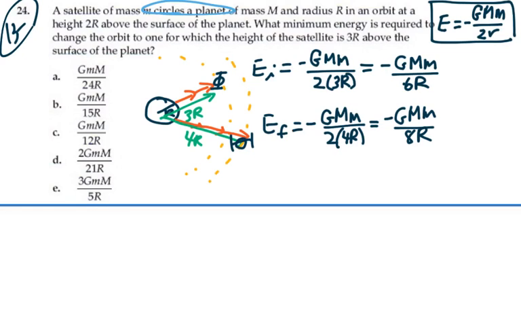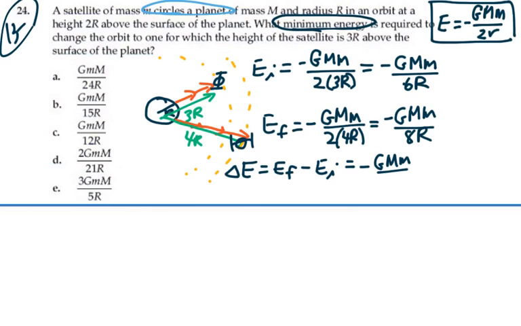So we want to find the minimum energy required. That's the amount of energy we need to add in order to get to this new location. Well, that change in energy will equal our final energy minus our initial energy. That's the energy we need to add. And that will be equal to negative GMm over 8r minus our initial energy, which is a negative GMm over 6r. So this is going to be equal to GMm over r, factoring that out,